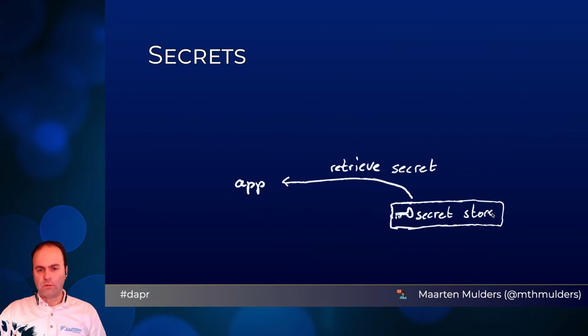There's a component to retrieve confidential information like passwords or API keys or that kind of stuff. The things that you don't want to have in your source code, don't want to have in your Git repository preferably, but you need to store them somewhere. The good part is that there's, for example, one implementation of this component that uses a local JSON file, which is great for debugging and for developing on your own machine. But there are also implementations for various cloud services or, for example, HashiCorp Vault. But again, your application doesn't need to change because it knows the HTTP API for this and it does not know how it is implemented.